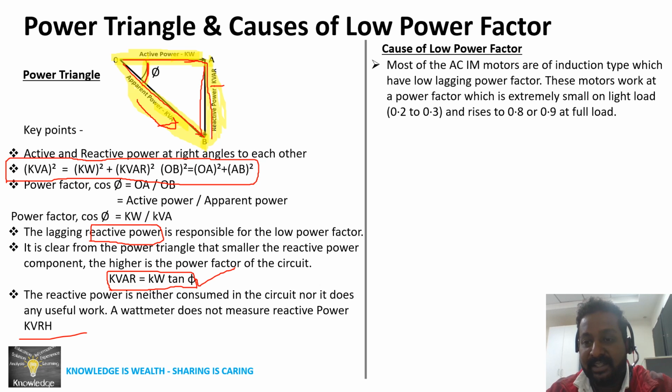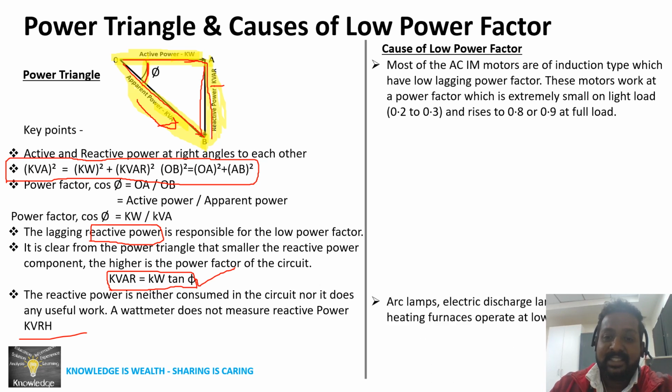So now think, if an induction motor is loaded only 30, 40%, it is working at 0.4, 0.5 lagging power factor, then assume how much KVAR capacitive reactance is required